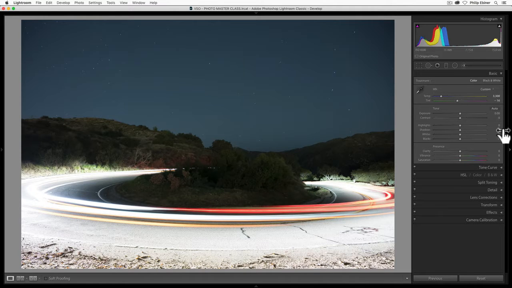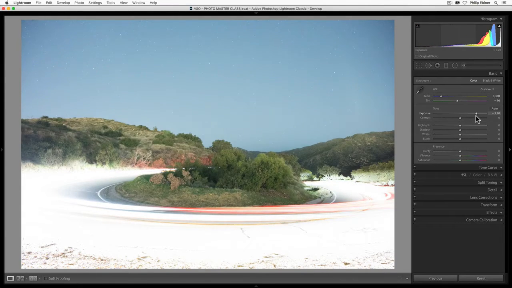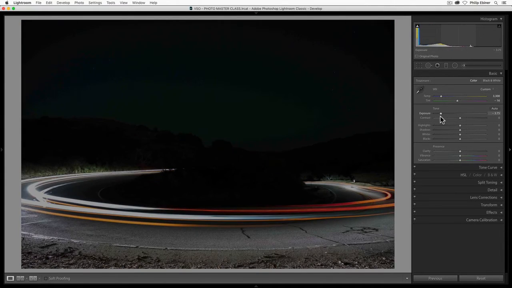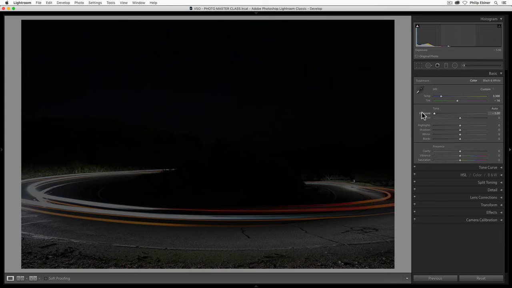With Lightroom, the easiest way is under these basic adjustments with this group of adjustments for tone. You've got exposure, contrast, and then you have these other sliders down here which adjust individual parts of an image. So let's go through them so I can show you what's actually happening. Exposure, now you know, or you should know if you've taken this class, is the overall brightness of your image. So by dragging to the right, you're going to make all areas of the image brighter. Dragging to the left will make all images darker. So everything from the darks to the highlights.